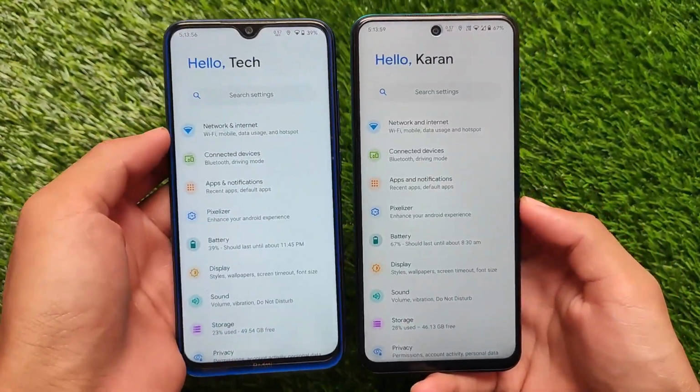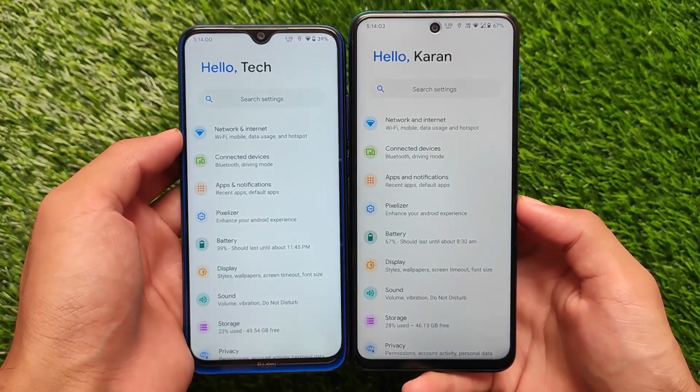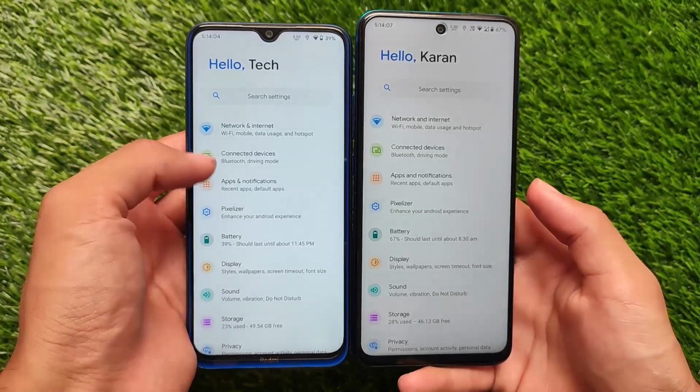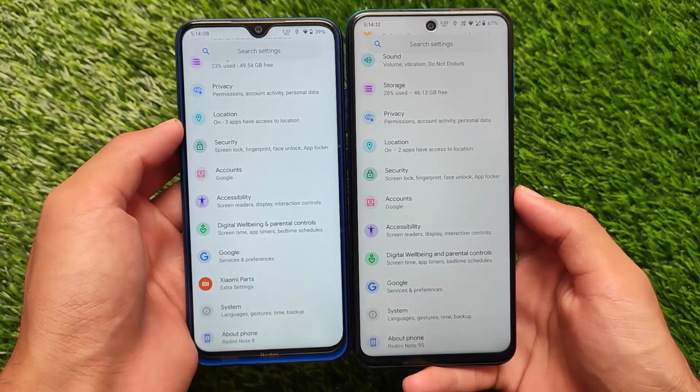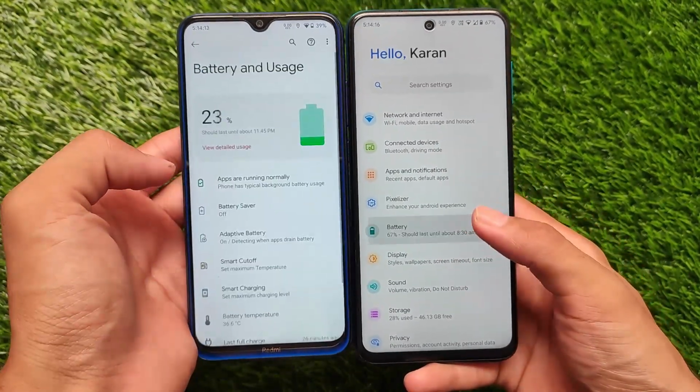Even in settings they've changed the UI, as you can see now at the top they show you things like hello Karan and hello tag. Other things are quite simple. Also they've changed a little bit of other things which we're going to talk about, but the settings homepage UI is redesigned, and looks better, by the way. Honestly speaking, it's quite good.